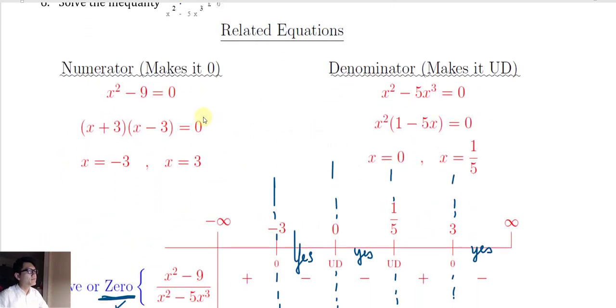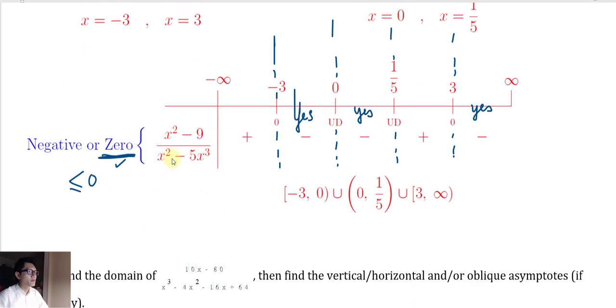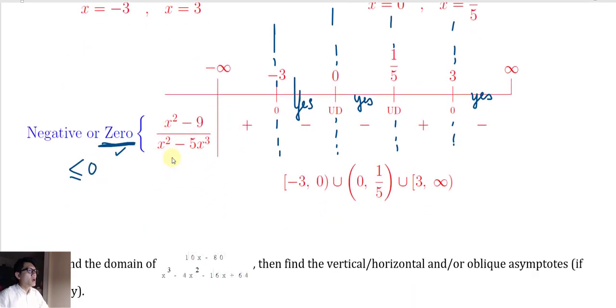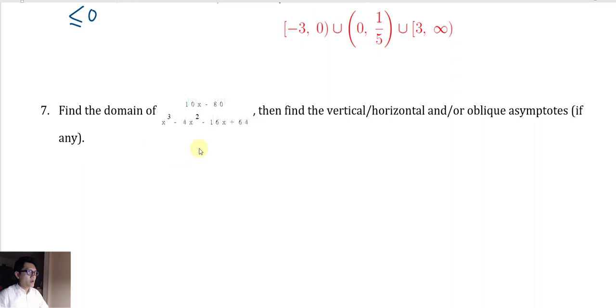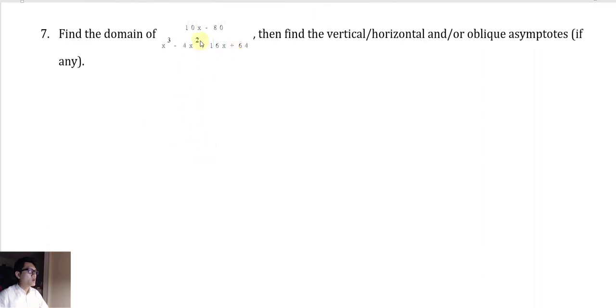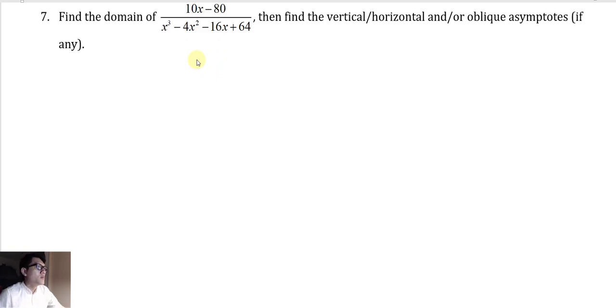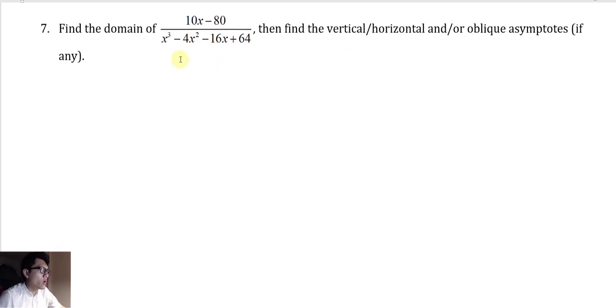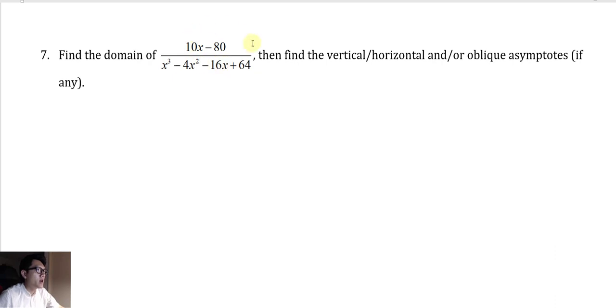So these are the solutions to this inequality. There's something wrong here, but this is the function. Number 7. Okay, there's something wrong with the format. Let me fix that quickly. Okay, this second question: find the domain of this rational function, and then find the vertical, horizontal, or oblique asymptotes, if any. Okay, so before you can find any of the